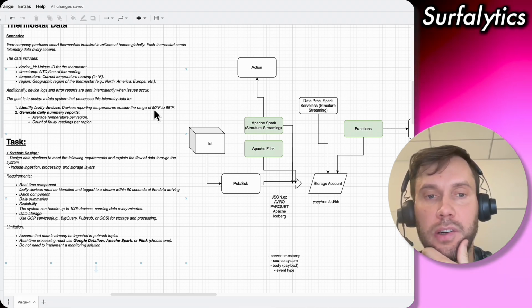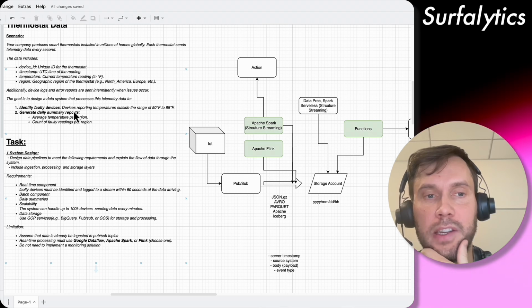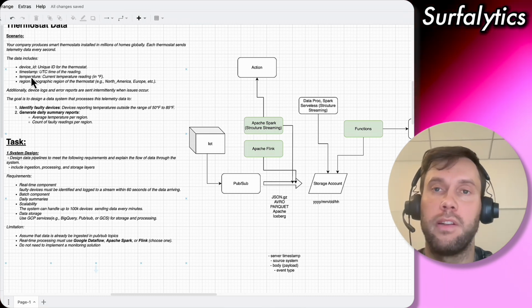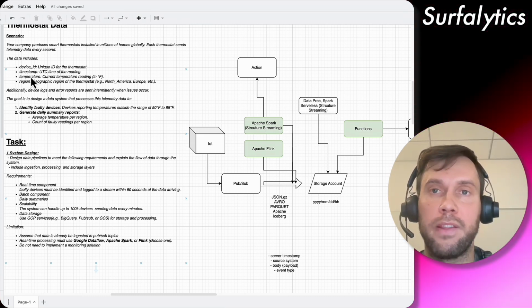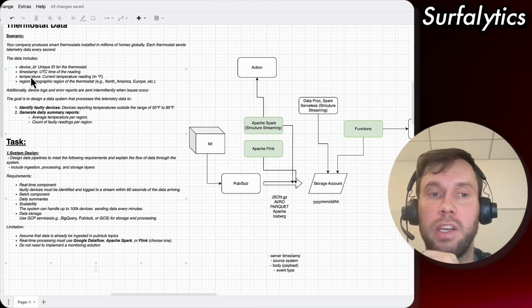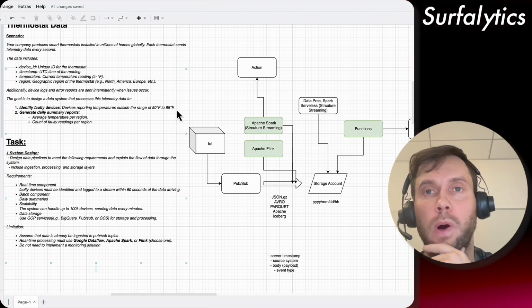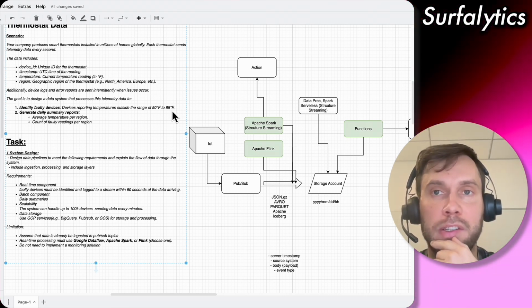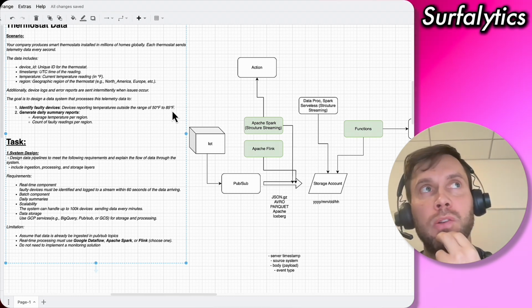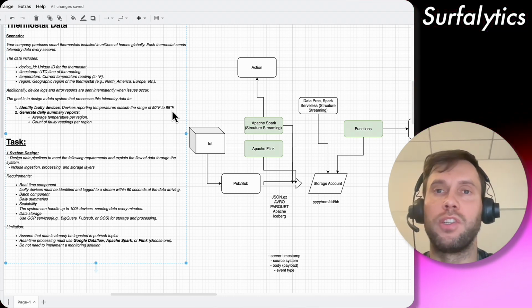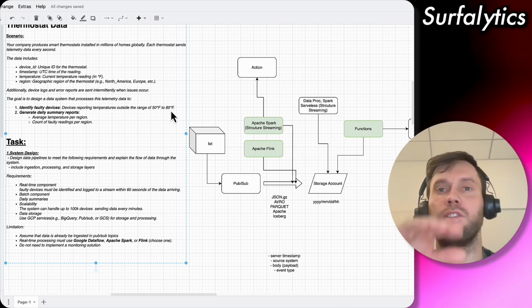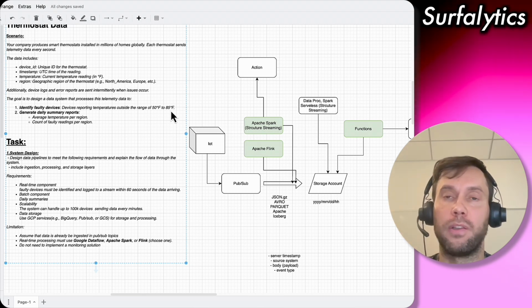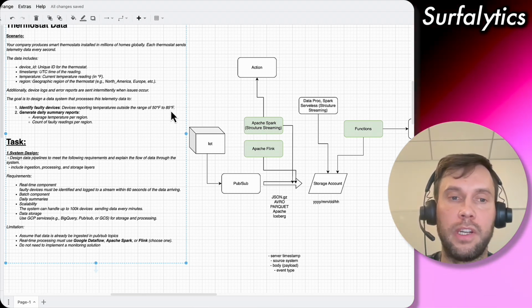Because here it tells us that the device ID and temperature is just one record in the whole data set that is off, and it will trigger. But maybe it's not just one off, it's for a consistent time, like 5 minutes, 10 minutes. The problem for me looks like not just the device being a little off, but that it was a certain temperature, then it jumps, and then it comes back. I want to identify those spikes. And for this, I need to come up with additional requirements.